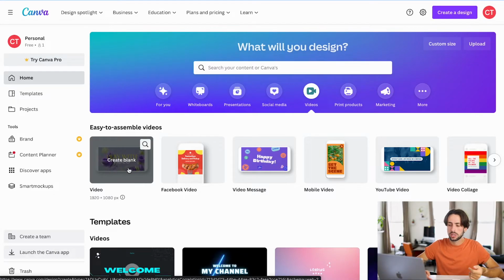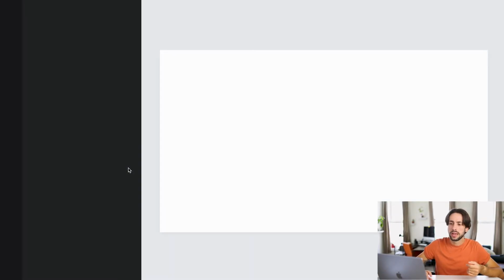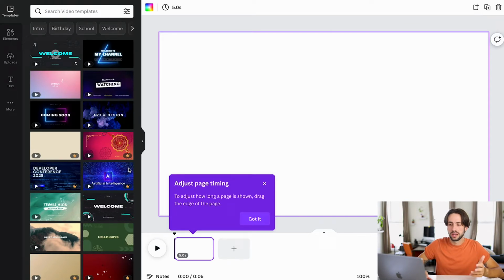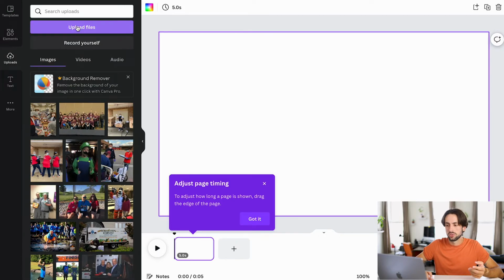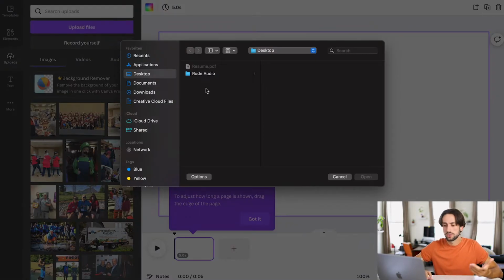So moving forward, we're going to click this right here. And it is going to bring up all of these templates, which are fun, cool, and dandy. If you are unfamiliar with Canva, if you see any template that has this little crown on it, you're not going to be able to use it unless you pay for it. So just don't. But first things first, you are going to need to upload your footage because this is a video. So on the left-hand side, you're going to want to go to Uploads, and then upload files, so stay tuned.